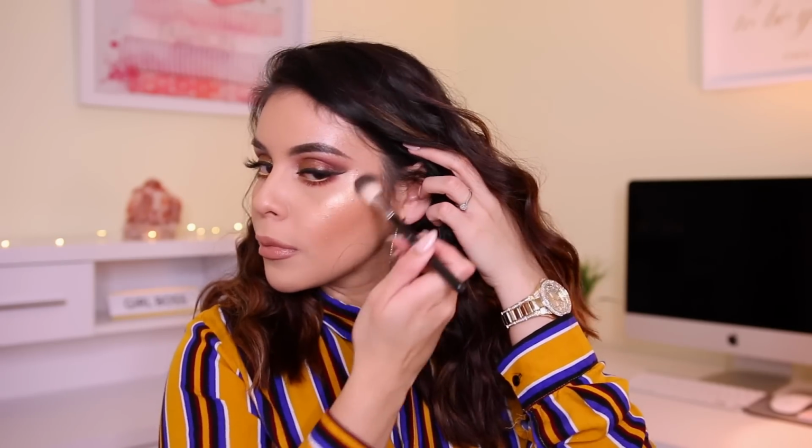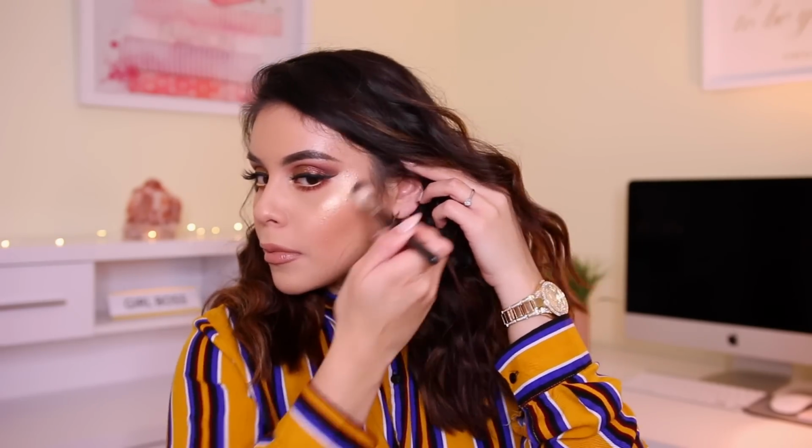So this is with the Decay one. Sometimes I can't even tell, honestly, the difference. And then I'm gonna do the other side, which is with the Anastasia one. So you get the same effect with both of the brushes, but this one is $5 and this one I